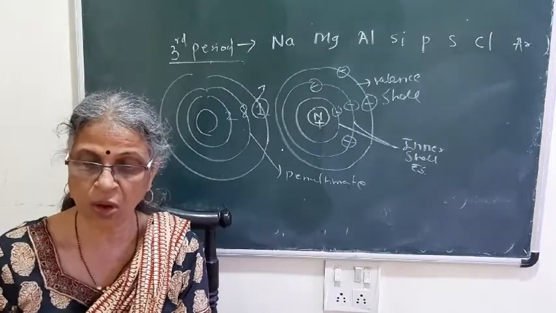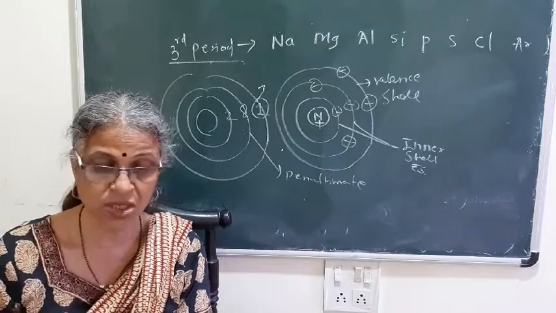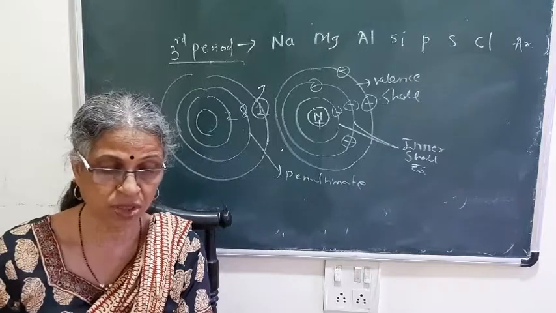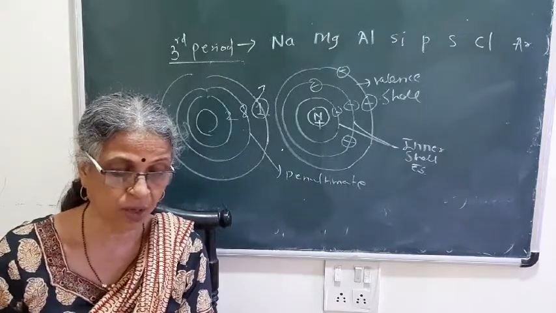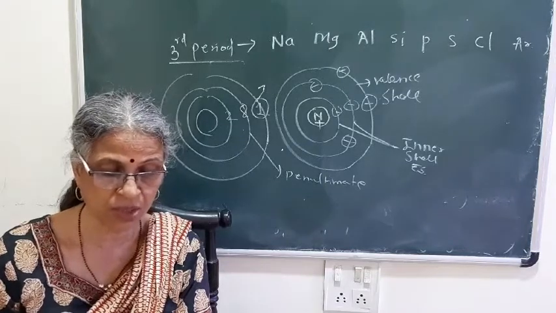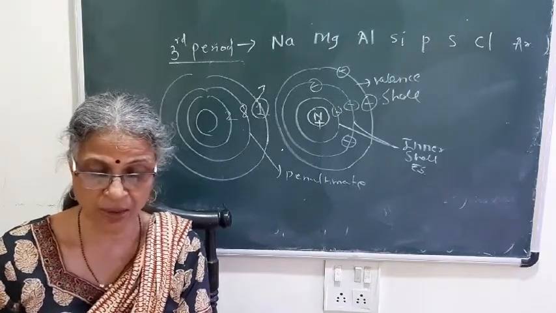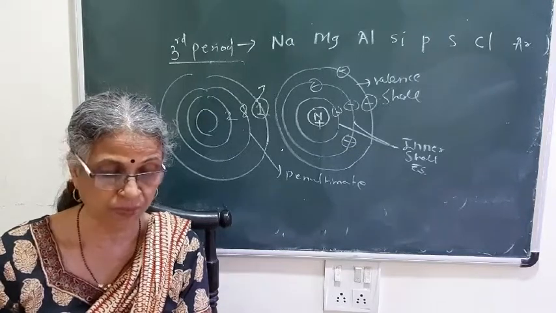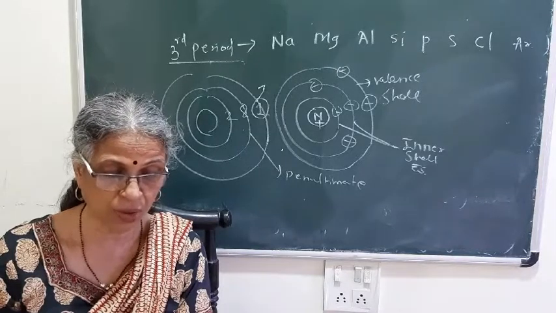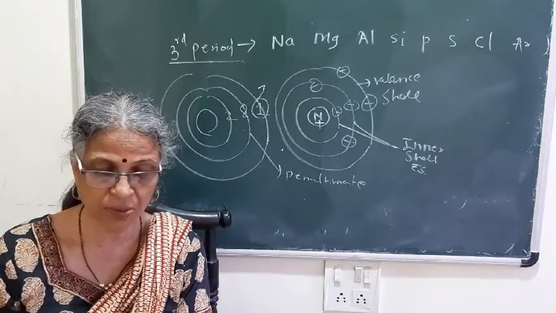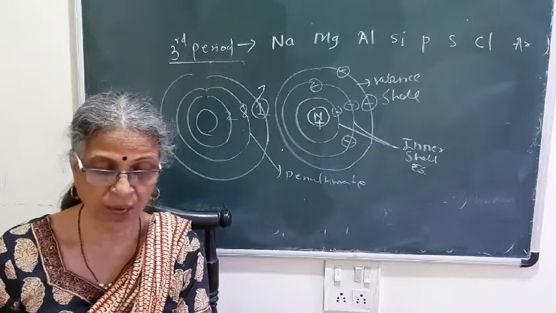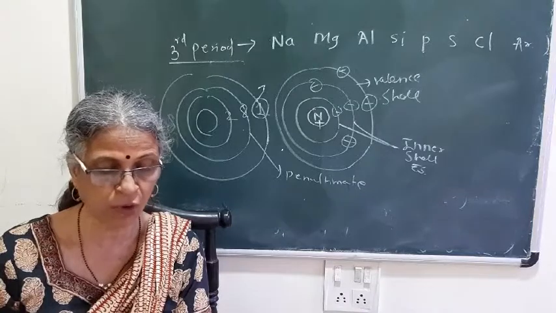I am not going to take all questions from the exercise, only short questions. First, match the pairs. They have given 3 columns. First they have given triad: for triad, the average of the first and the third atomic mass, that is C from the second column, and Dobereiner, that is the 5th point from column 3. Then second, they have given octave: for octave, properties of the 8th element similar to the first, that is D, and in the third column, third, that is Newlands' law of octaves.